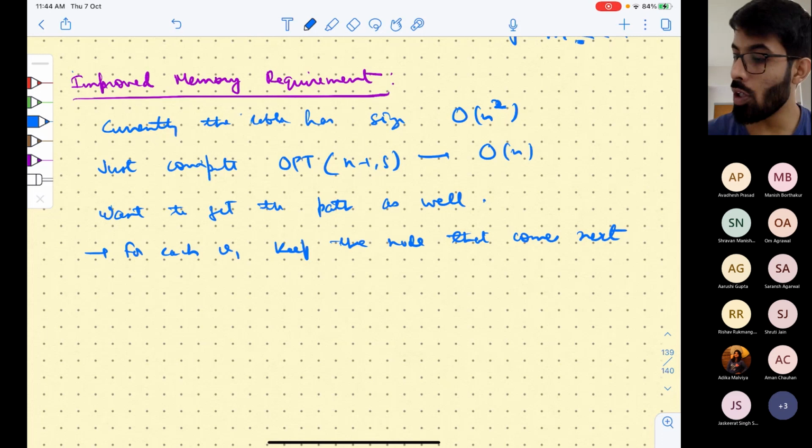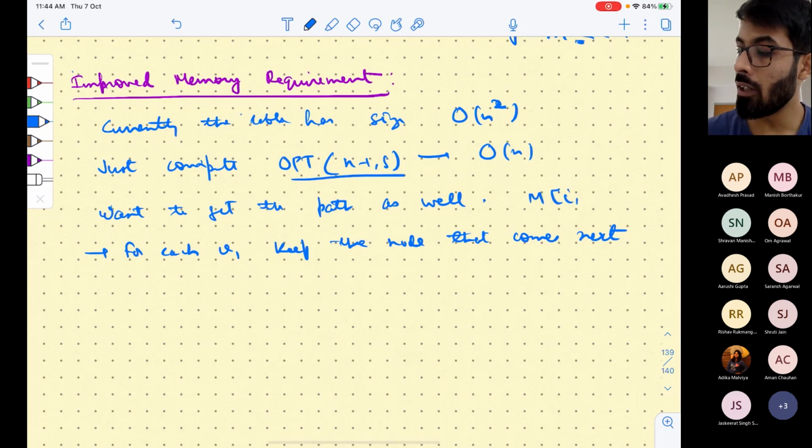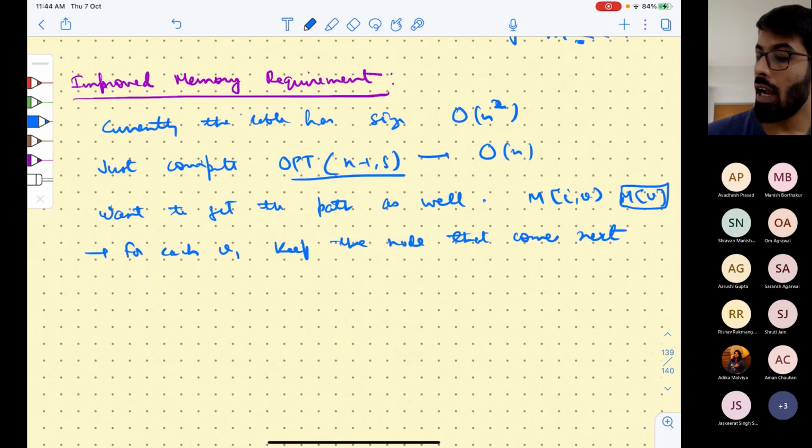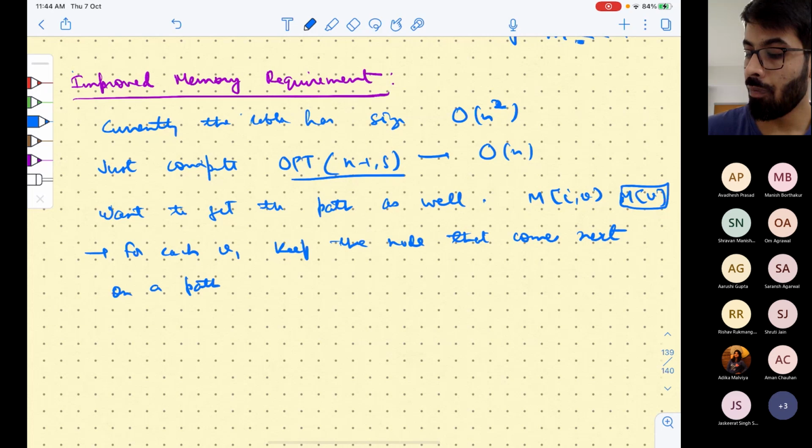First, don't keep M(I, v) anywhere. Just keep M of v, and keep the node that comes next on a path of